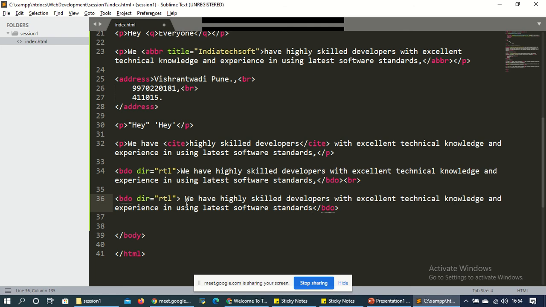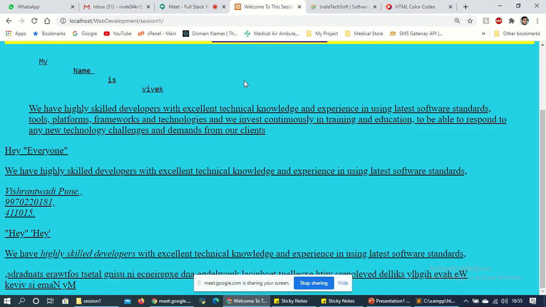See, whatever we have copied is not what appears here. We have copied something different, but whatever we have copied is the actual content, just copied by the system. Yeah, same thing we are getting.